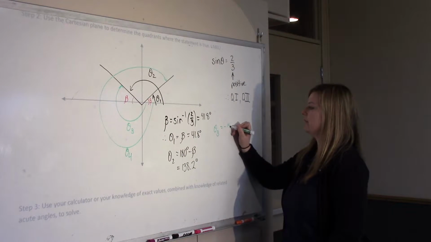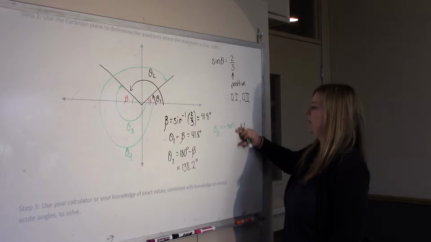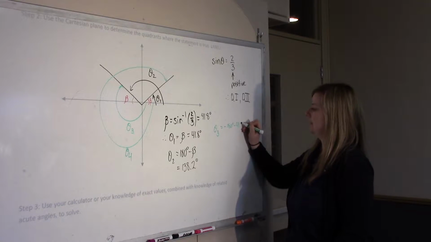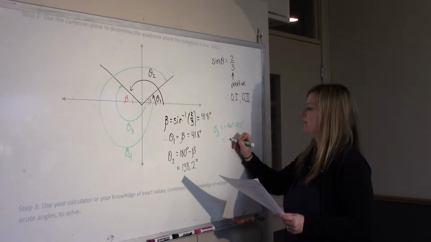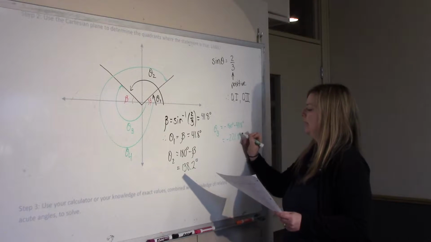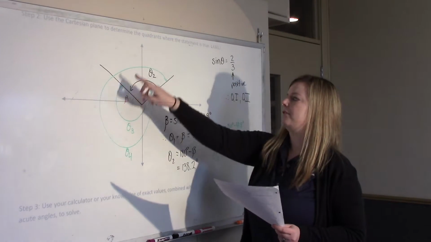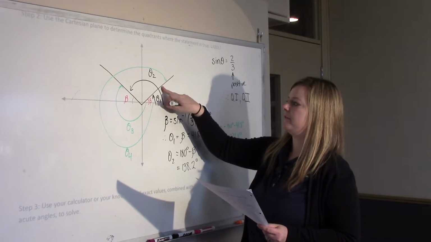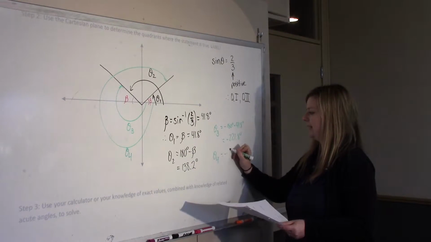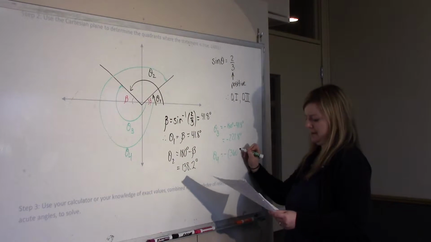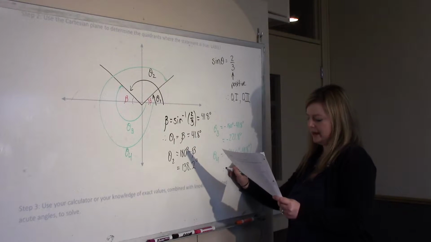So minus 180 degrees, and then minus another 41.8 degrees gives us minus 221.8, and then theta 4 is -360, but then we take off beta again to get there. So that's minus 360 minus 41.8, so negative